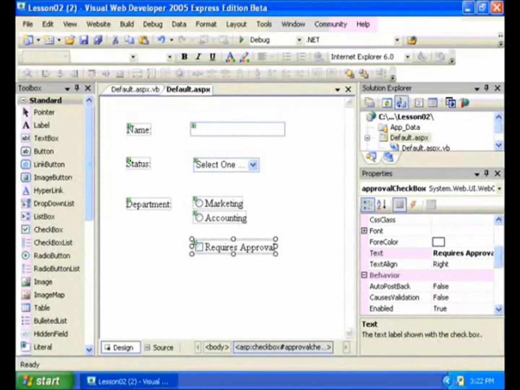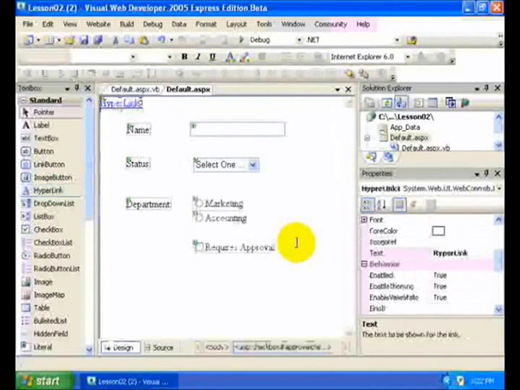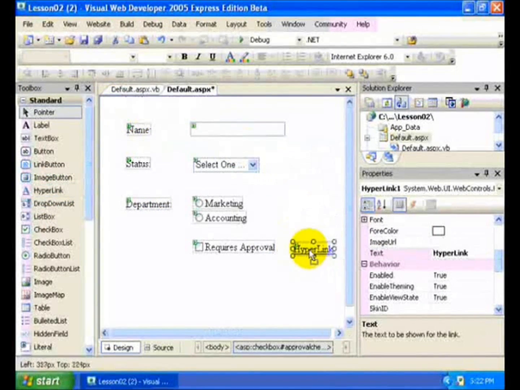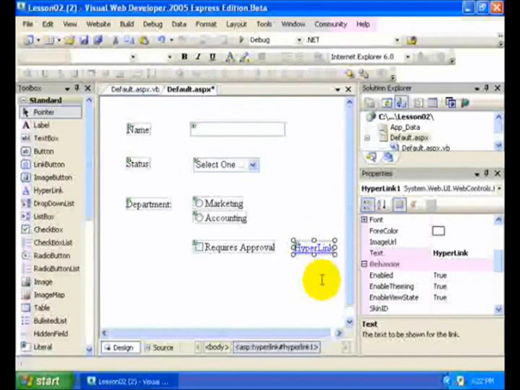We'll only use a couple more controls in this example, and then we'll probably use a lot more as we continue through this series of lessons. The next control I want to demonstrate is the use of the hyperlink, and we'll put this right next to this requires approval. And the hyperlink control is great whenever we want to dynamically change the link or the URL that a given hyperlink